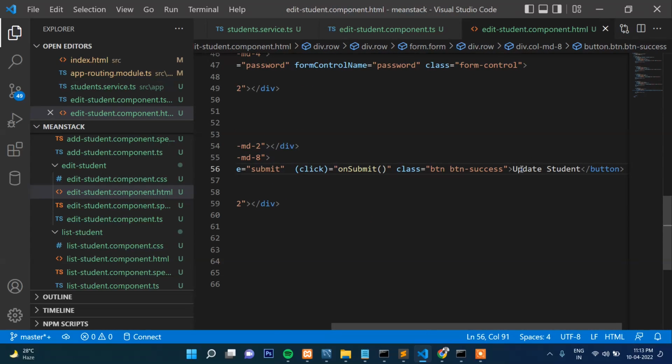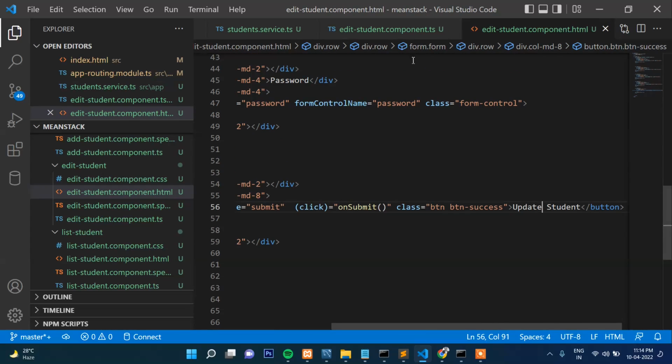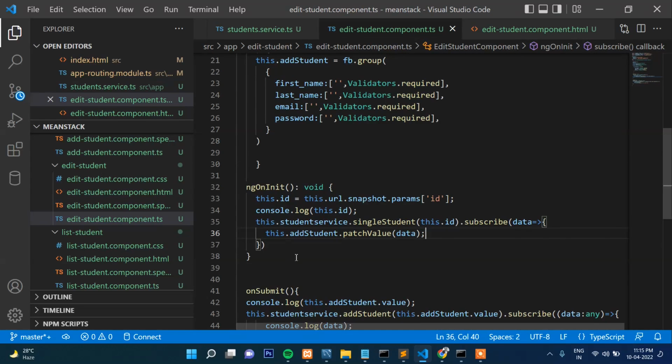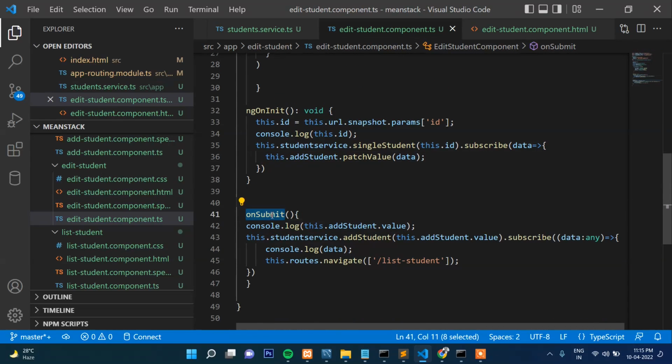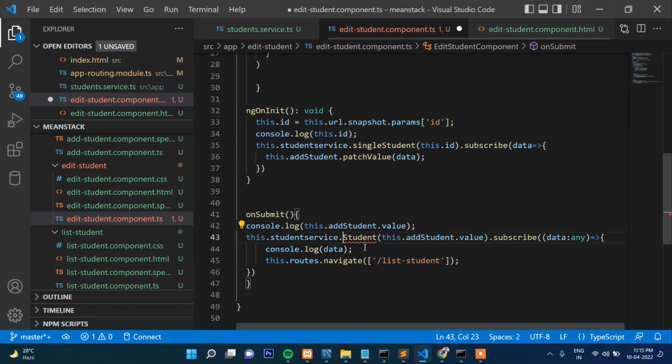Update student. And now here we have this submit one. So rather than in this add student, we will have to pass here two things. Let's name it as update student. Okay, and we will have to write this function